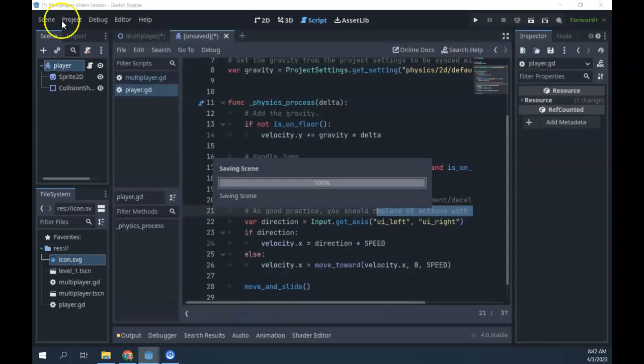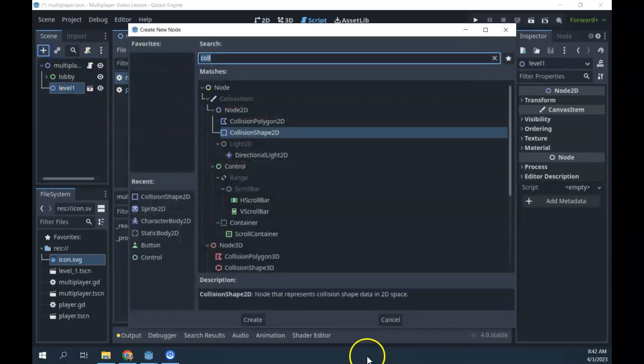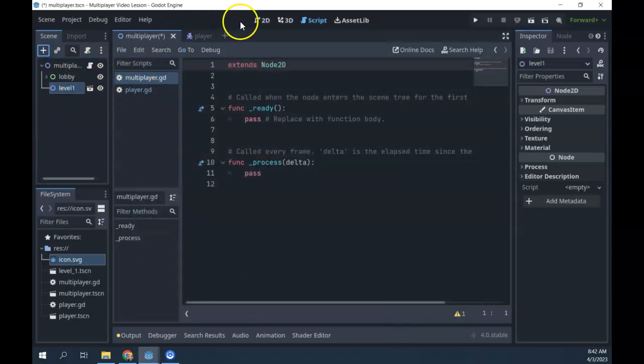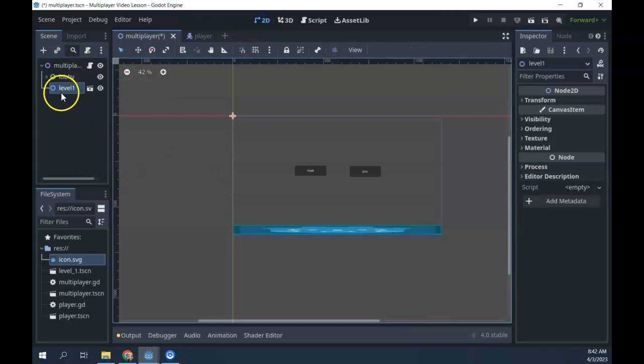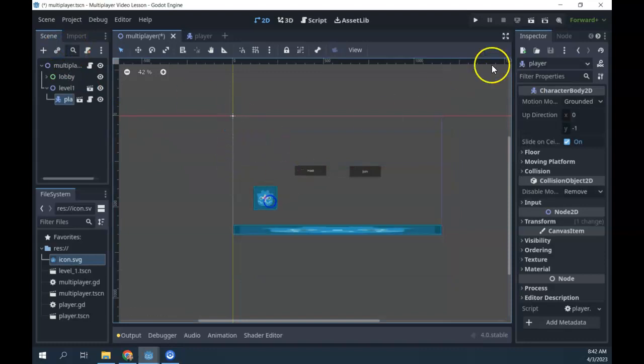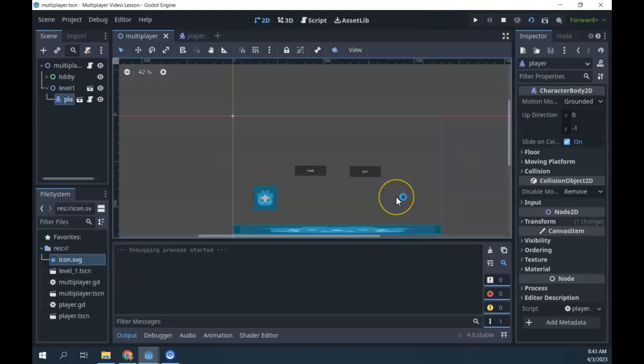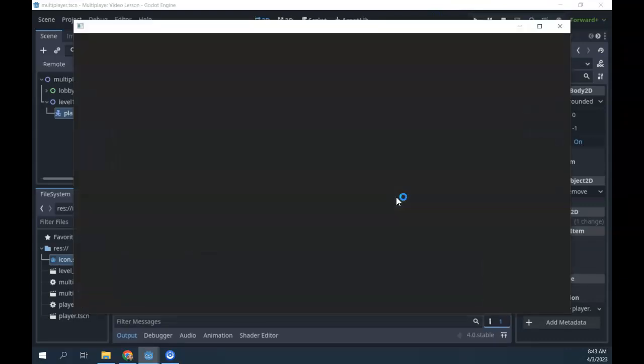I'll save it as player, and just to test it out, not that I want this at the moment, I'm going to add, cancel, sorry. I'm back on my main screen here. On level 1, I am going to link, and I'm going to put a player there, and you can see there's my player. And if I play my game right away, with no programming whatsoever, something that took us at least a day to put together previously,